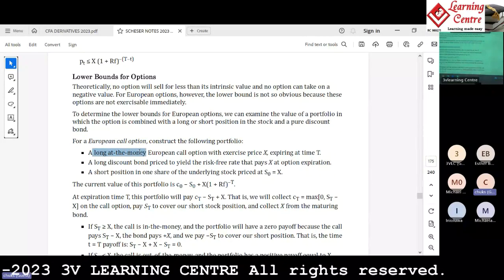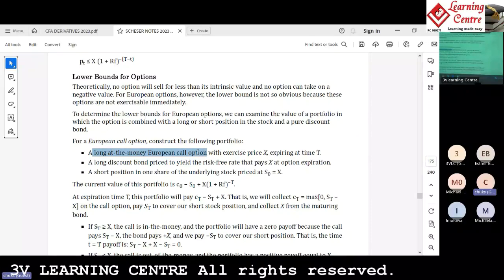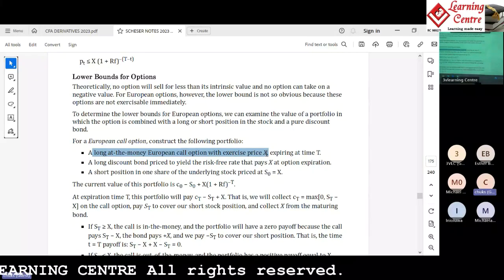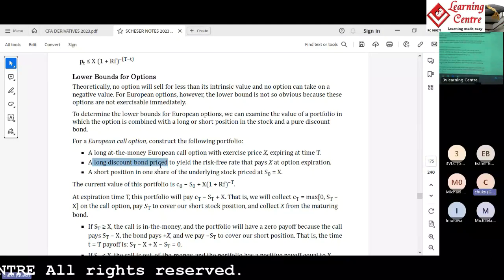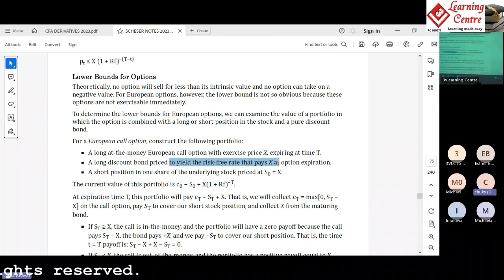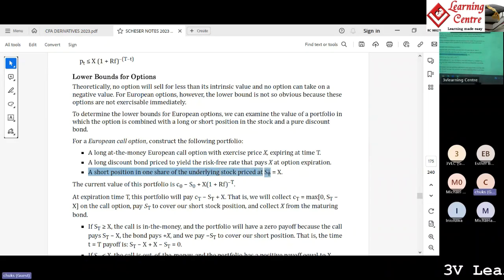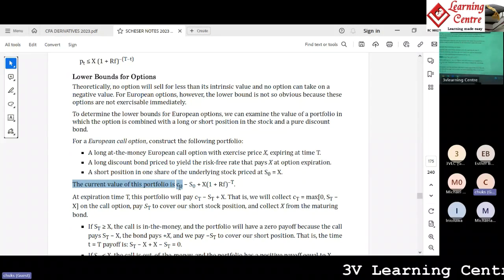One, a long at-the-money European call option with exercise price X expiring at time T. Two, a long discount bond priced to yield the risk-free rate that pays X at option expiration. And three, a short position in one share of the underlying stock, priced at S0 equal to X. So the current value of this portfolio is this,